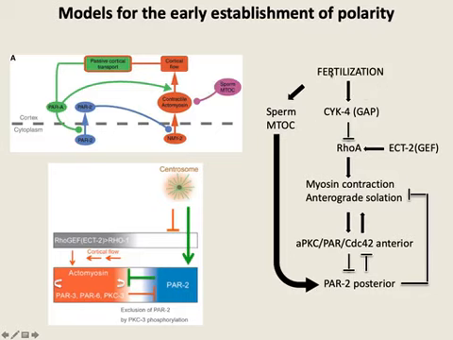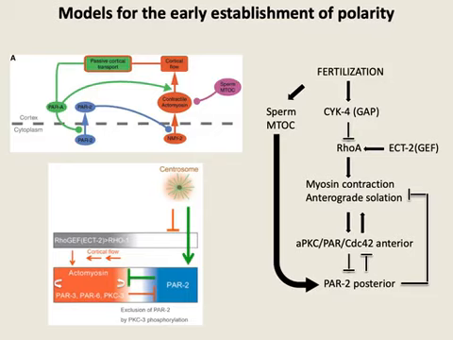What I just told you is that the sperm, so fertilization, brings the GAP, which starts to locally inhibit RhoA, whereas the activator, the GEF, is present everywhere. So now that helps with the forward move, the anterograde movement of this myosin contractility, and with the PAR complex essentially following. And these two things feed into each other, right? In other words, RhoA becomes displaced anteriorly. It drags the PAR complex, which promotes RhoA activity more anteriorly, etc., etc.